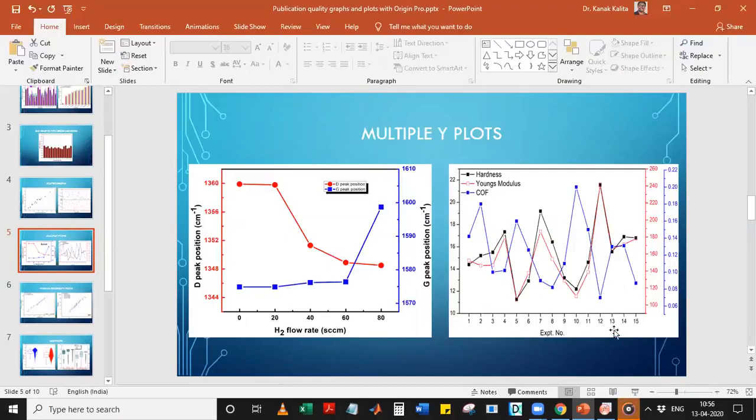For example, I've conducted 15 different experiments on thin film coatings, and I have measured the hardness, the Young's modulus, and the coefficient of friction. All of them have different units, all of them have different ranges. So I cannot express all of them on a single column or a single y-axis. So to save some space, I have merged all these three diagrams, but I've used three different y-axes here. And as per the axis, I have also changed the color